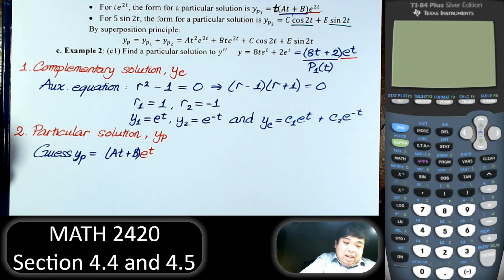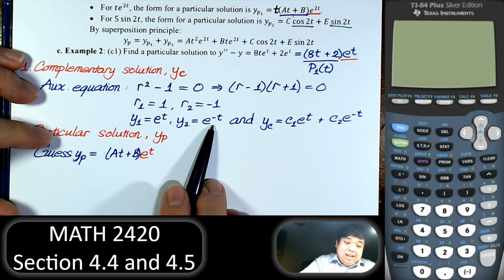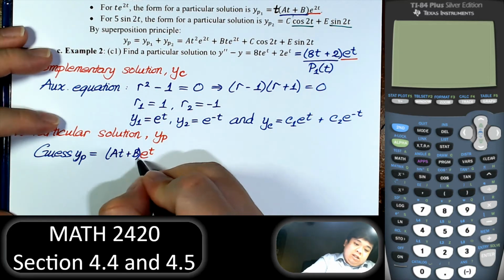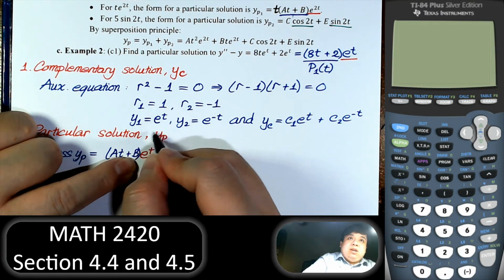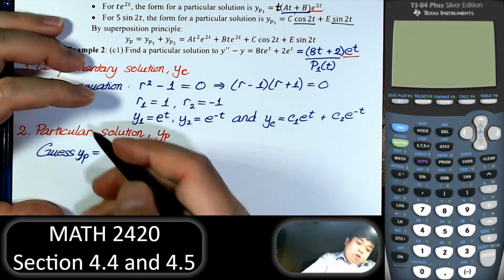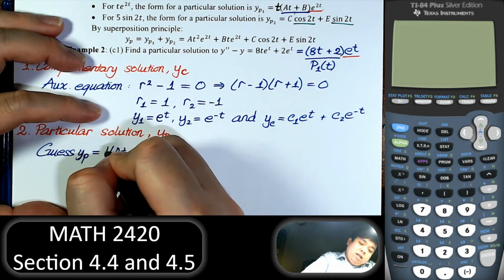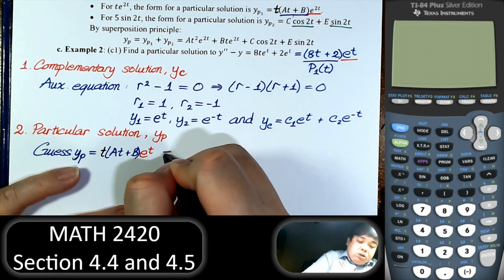And by the way, is there any redundancy with this? Unfortunately there is. If we multiply them out, it will be a constant times e to the t, which is the same thing as e to the t there. So that's redundant. To make them linearly independent, I need to multiply by t. So multiply everything out, the guess solution will take the form of